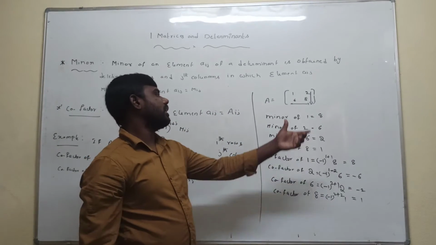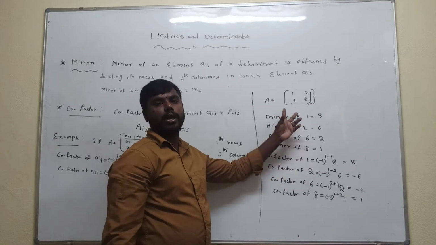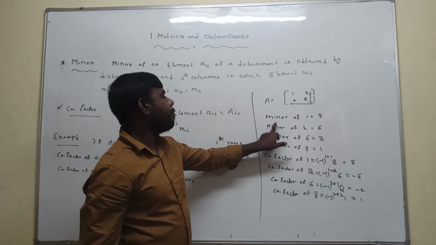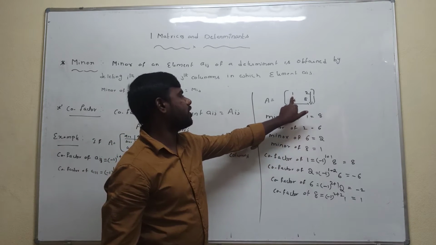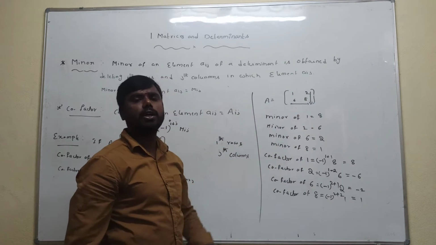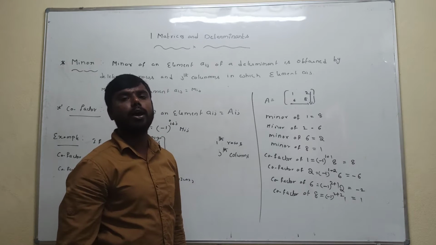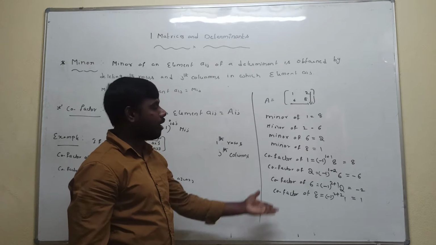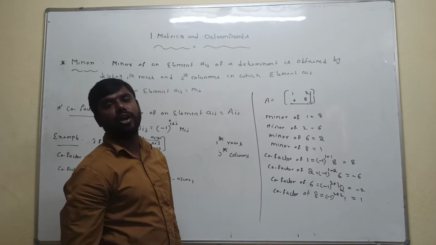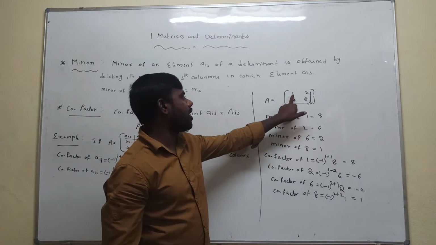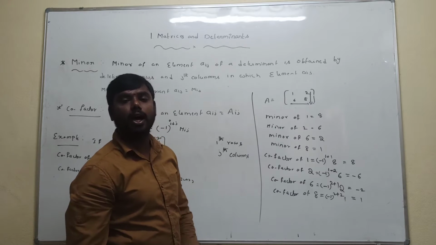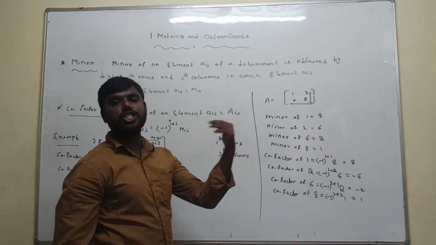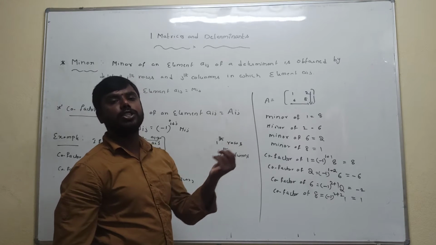So for the given square matrix, this is how to find the minor and the cofactor. This is very easy. Minor of 1: 1 is present in the first row and first column, which are deleted, so the element left is called the minor. Like that, we calculate the minor of each element. After that, how to find the cofactor? Cofactor of 1 is present in which row, which column? First row and first column. Here rows are denoted by i and columns by j.